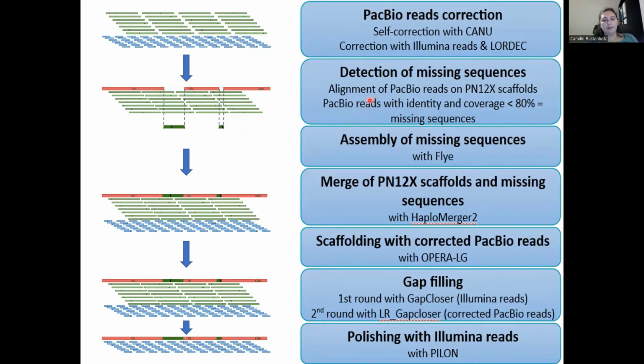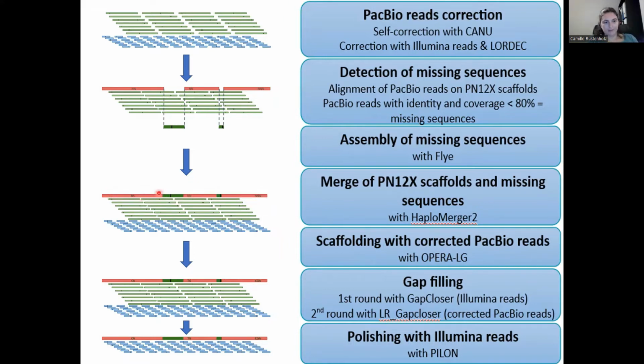These reads that fell in the missing sequence part were assembled individually using the FLY software. Then we merged the PN12X scaffolds with these new sequences that were assembled using Haplomerger 2, and we performed some scaffolding with the corrected PacBio reads and the software Opera LG. So at the end, we were able to retrieve longer scaffolds, which were a mosaic of the Sanger scaffolds,